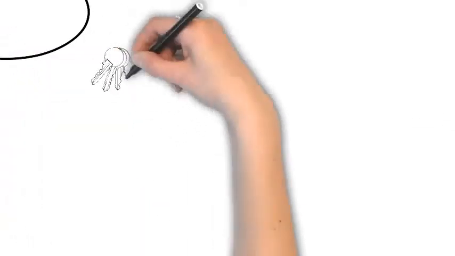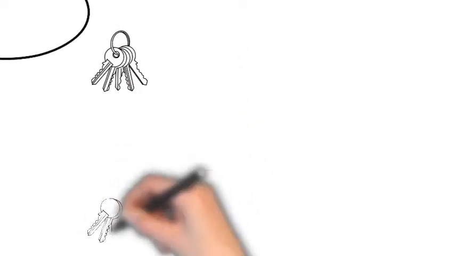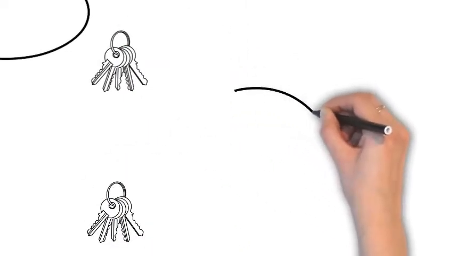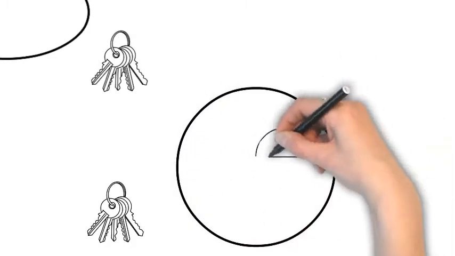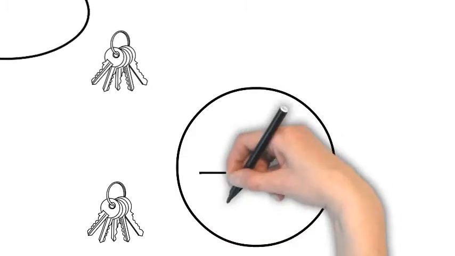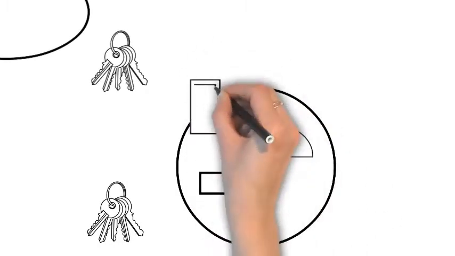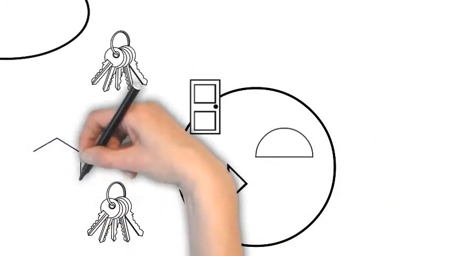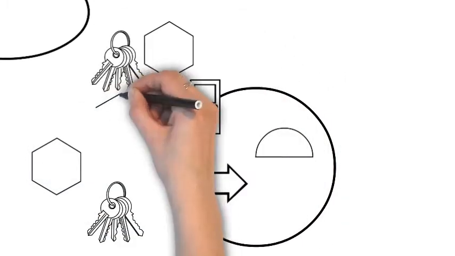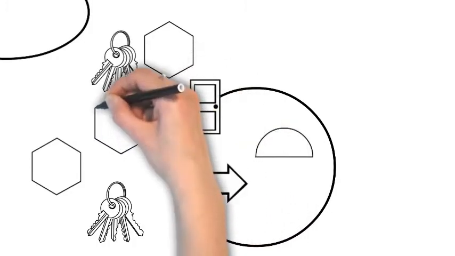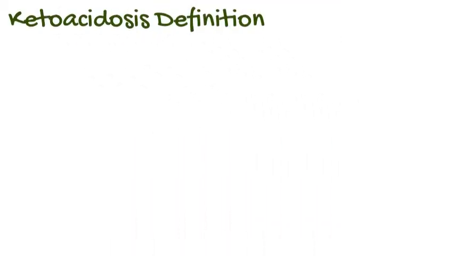Type 2 diabetes, there's plenty of insulin being made. It's just for some reason it's not working to open up those doors. So the functions that are supposed to go on inside of the cell have a hard time because the cell isn't getting the sugar that it needs. It just builds and builds and builds in the bloodstream. That's type 2.